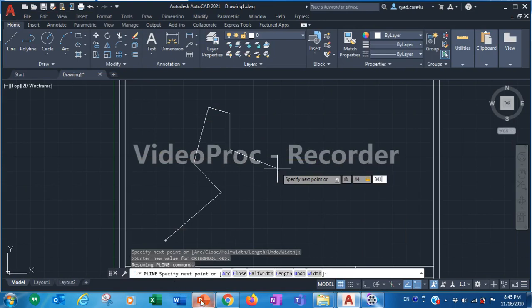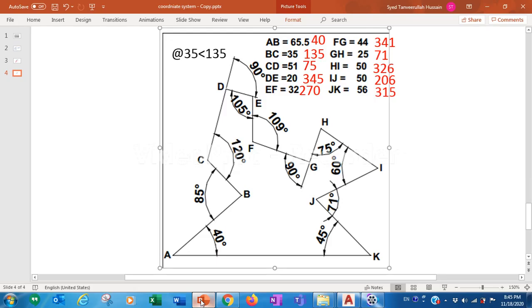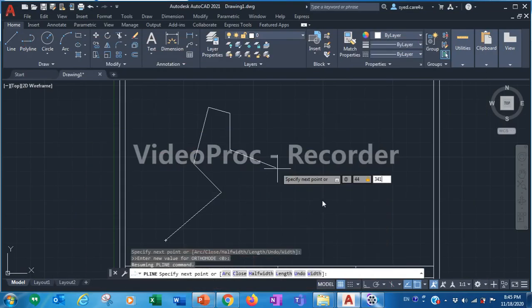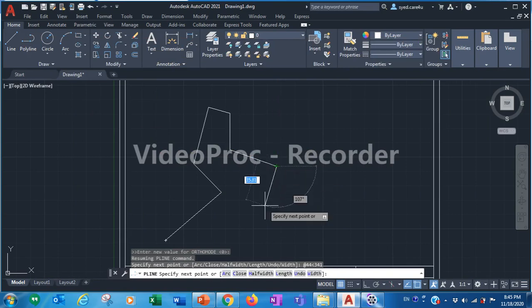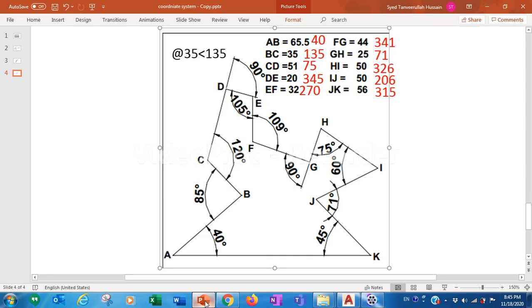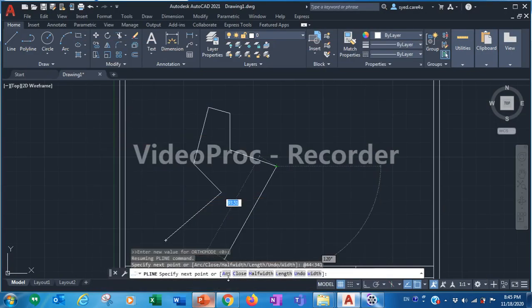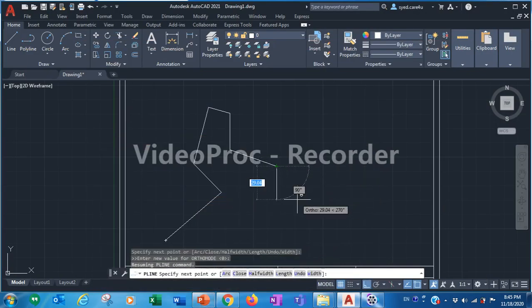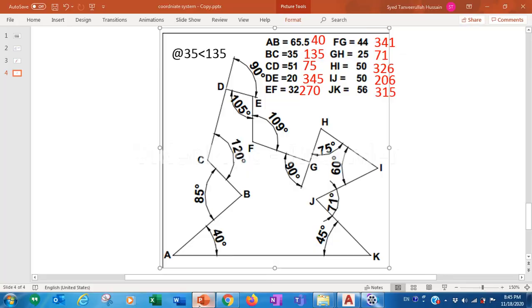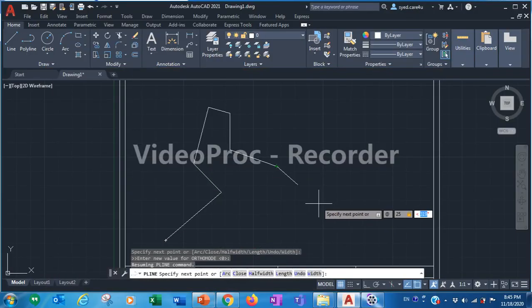Right? Okay, 44 less than 341, then press enter. So now 25.71. Okay, shift 2, 25, shift less than, how much? 71, then enter.